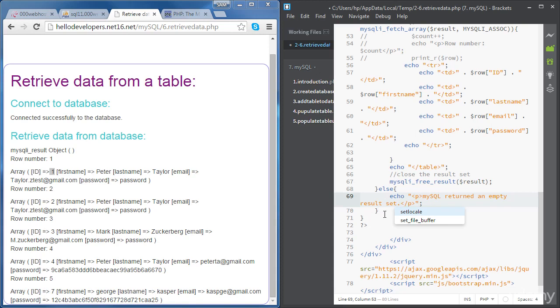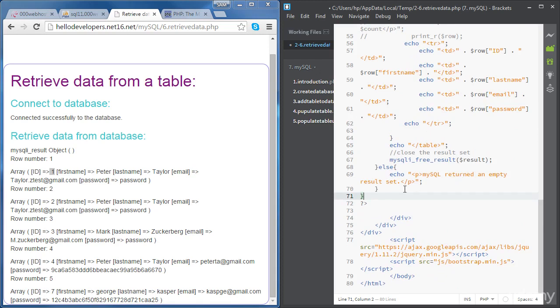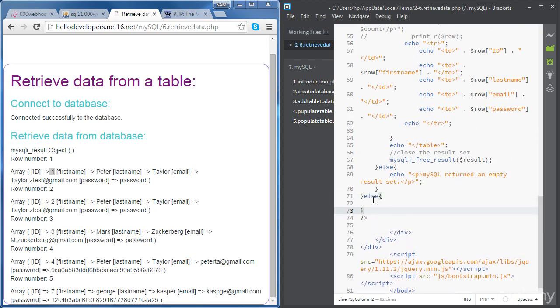Okay, and if we check this curly bracket, it starts here. So if the query is executed successfully, okay, so else, if not, we are going to echo